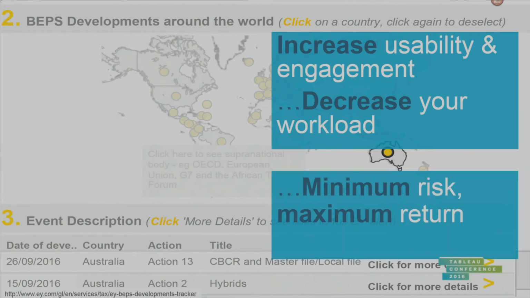And why did they really love it? They already had Tableau. So they already have access to Tableau Public. So they already have their Tableau experts in-house who can build this for them. So it's minimum risk for them. They didn't have to buy new software. Tableau Public, publishing to it is free. Fantastic. Best thing about it. And they got a huge return on it. They got a big increase in engagement.